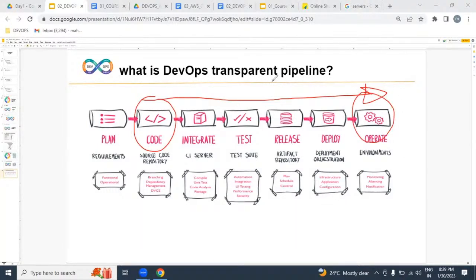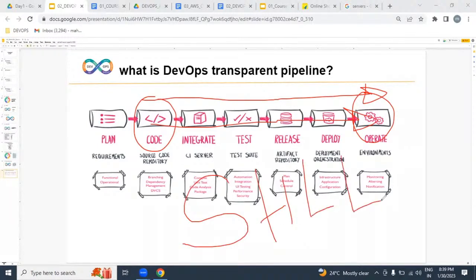While delivering working software from the dev environment to the production environment, make sure the software is going to be delivered within the shortest time, with high quality, with low cost, with a low failure rate or not. This is exactly our agenda. Fine.